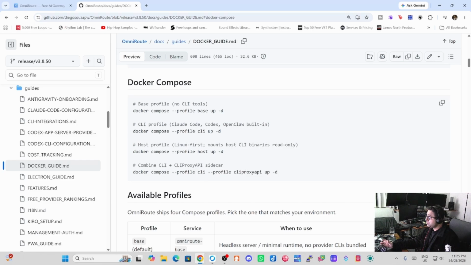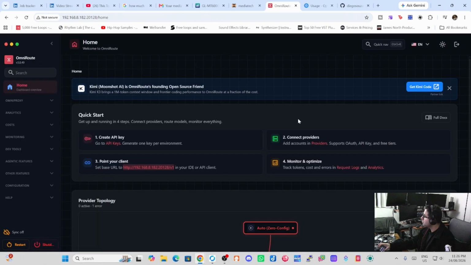Once you get to Docker Compose, this can get a little bit confusing. However, the one you want to use is docker compose --profile base up -d. This is the one you want to use for a basic installation. If you want the profile to install Claude Code, Codex, OpenClaw as part of your Docker Compose installation, you can select that one. And then the other ones also have a few options, but I've actually installed the docker compose --profile base up -d. Now, once you install OmniRoute, you can actually go to the IP address of the device